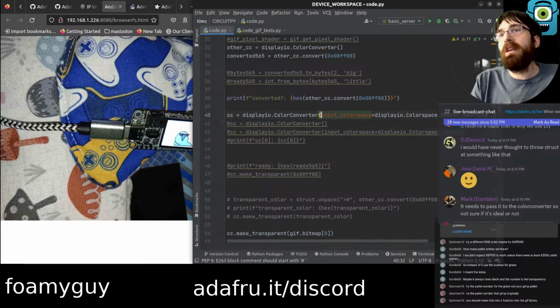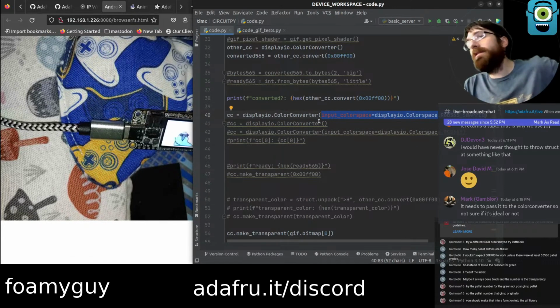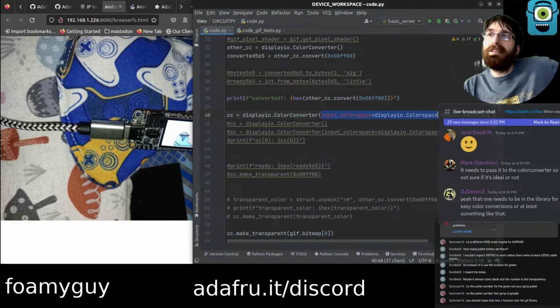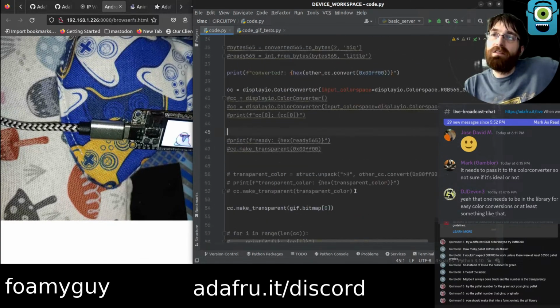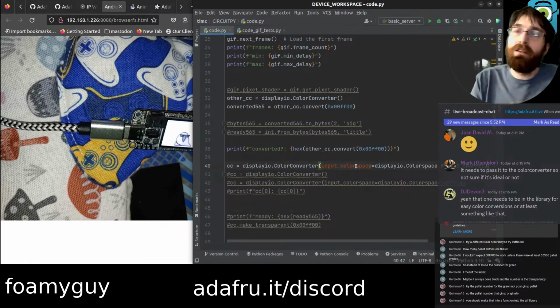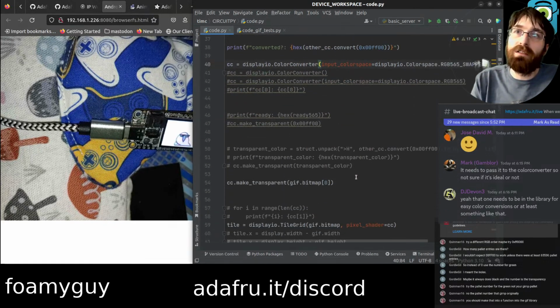Could it not be the case where you pass this in? Could it somehow work where you can make a conversion and give it the color space? Like, could it, instead of declaring it when you initialize it, could it be something like,